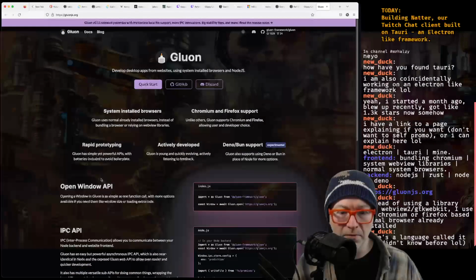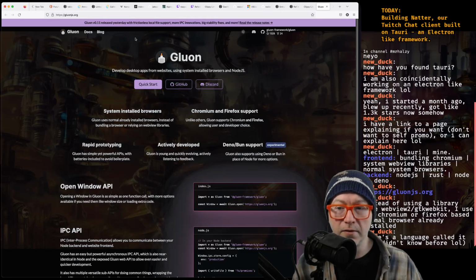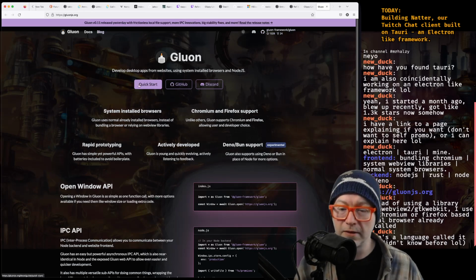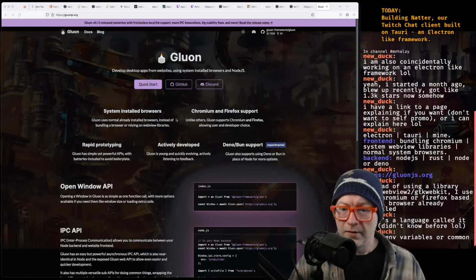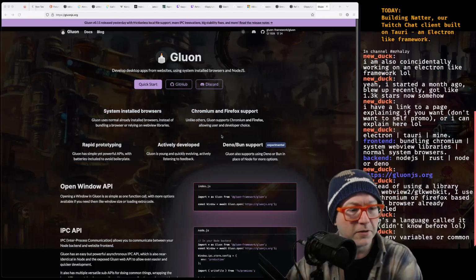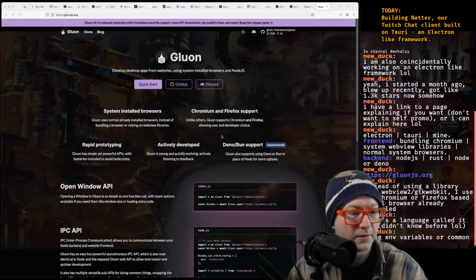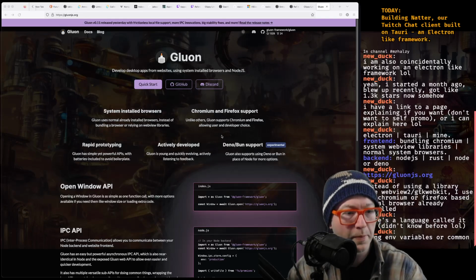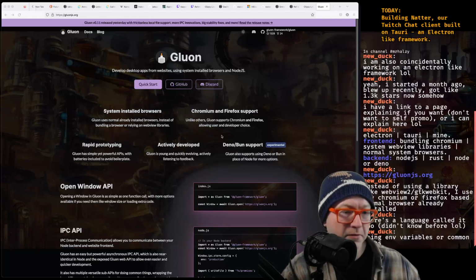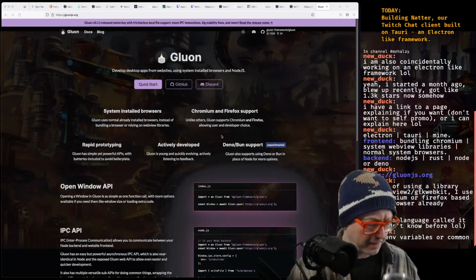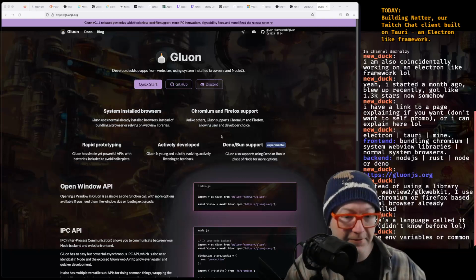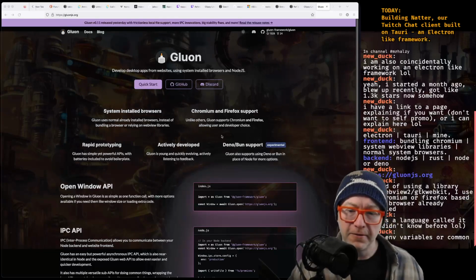It's pretty cool. Using environment variables or common paths. Oh, I see. I see. Or do you fall back to like the system web view? It's probably going to be way too hot still. Okay.